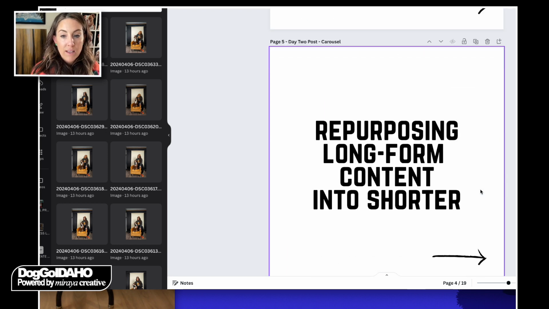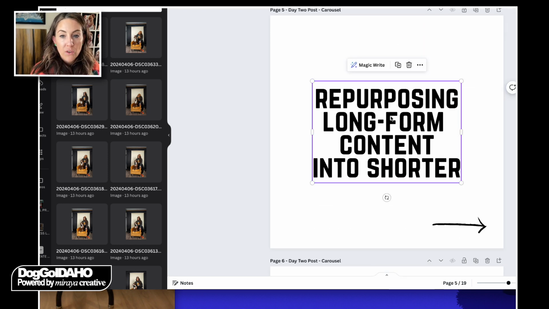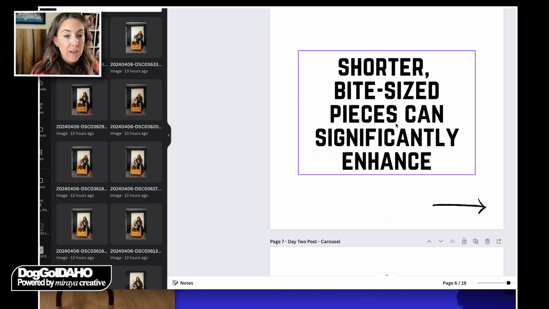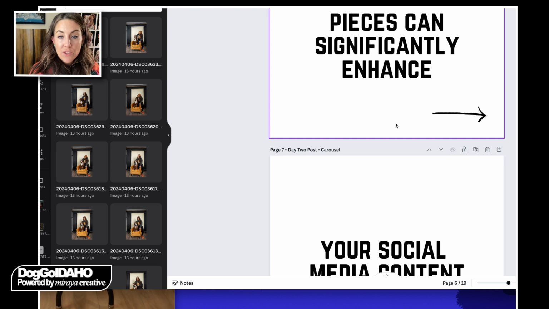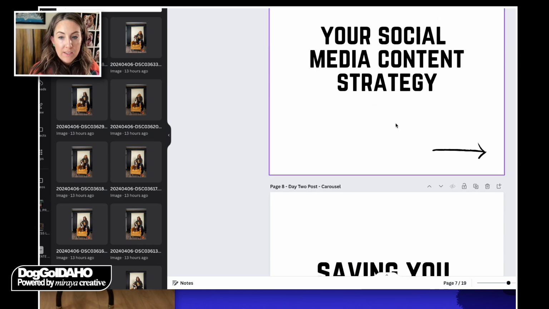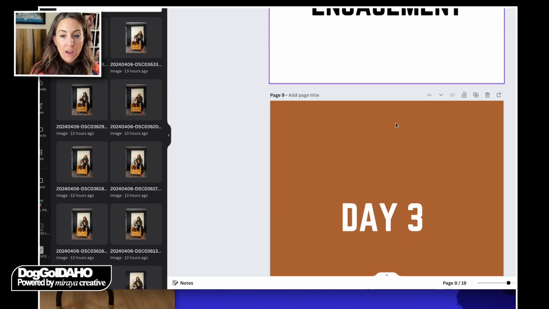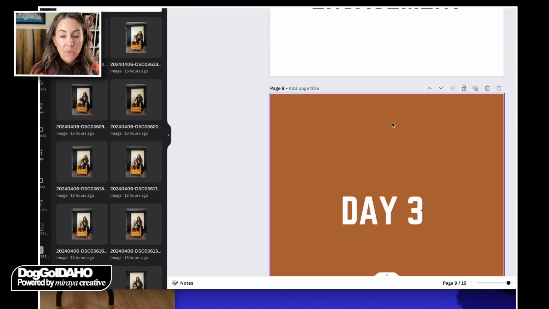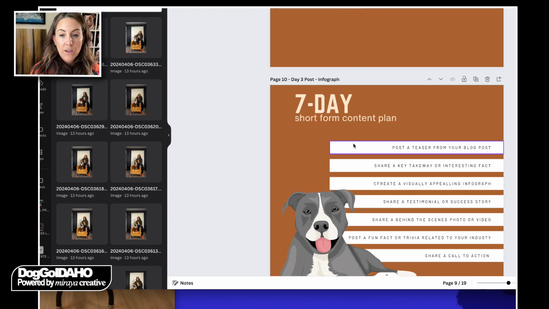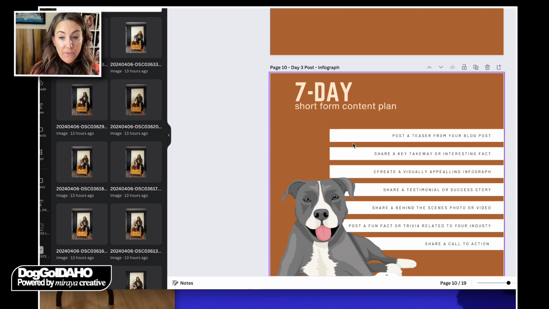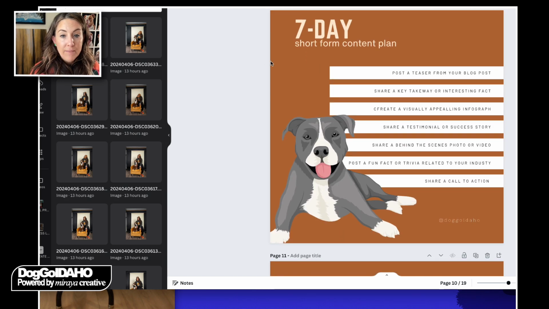This is going to be a carousel. All you have to do is put your own stuff in there, and you could add graphics. You could add whatever you want to that, okay? So it doesn't have to be plain. Day 3, we're going to move into an infograph, okay? So again,